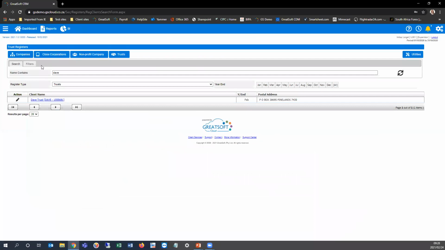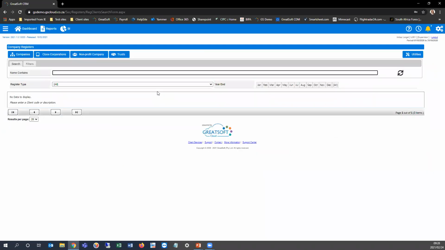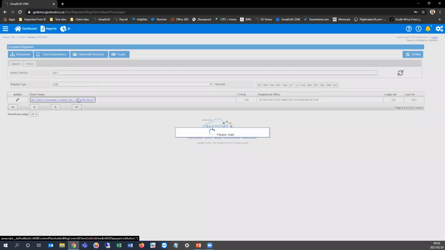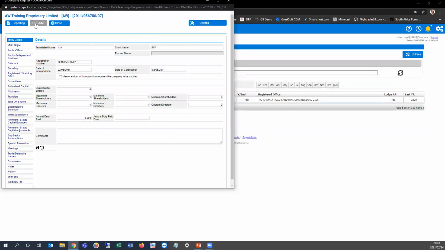So if we come into here, if you see on the main dashboard as well, if CDM is enabled, there will be an icon over here which will take you to the main part of CDM, not necessarily just for the particular register as you saw now in that screenshot I just showed. But you can either access it through here to see all entities within your database on CDM, but I will be going into a particular register just to show you the secretarial integration part. So let's start. We go into this particular company. You'll notice here's our little CDM button. So if I click on that now,